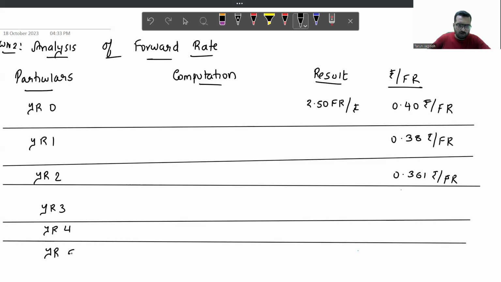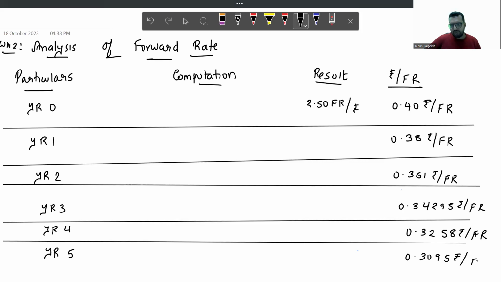Year 4, and the last one is year 5. So now 0.361 minus 5% will be 0.34295. Again, minus 5% will be 0.3258, and minus 5% will be 0.3095. So now I should do 1 divided by 0.38. You will get the number as